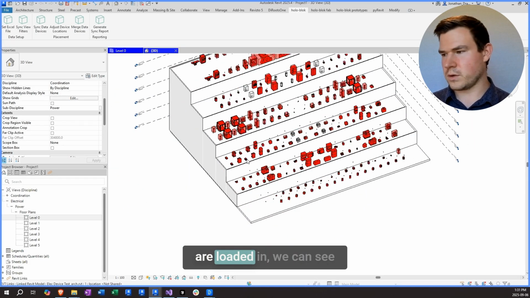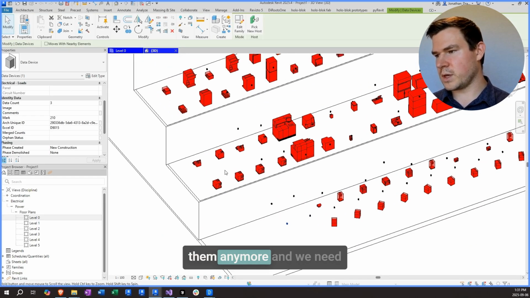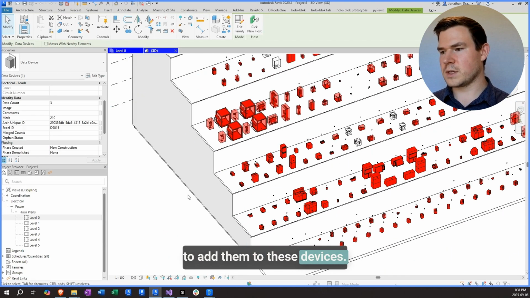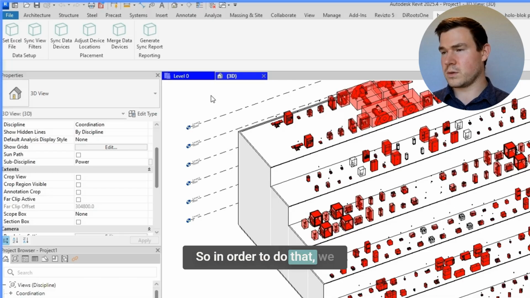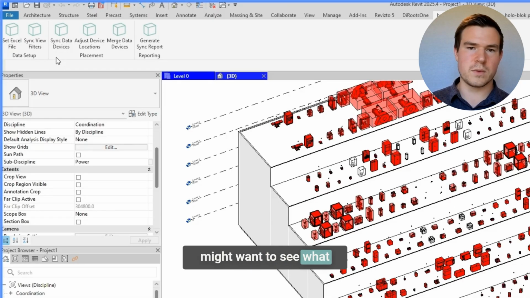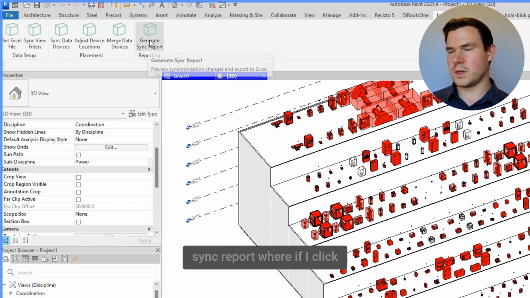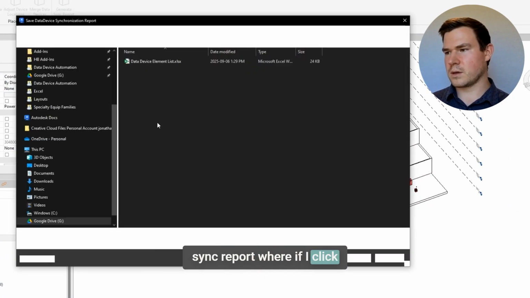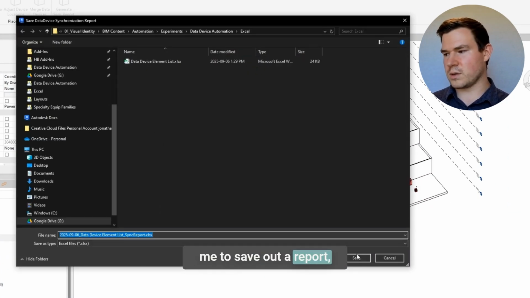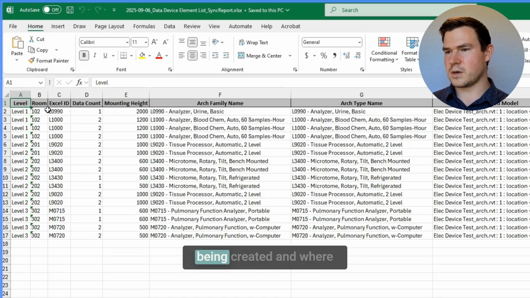When those changes are loaded in, we can see those elements here. We still have data devices here where we don't need them anymore, and we need to add them to these devices. So in order to do that, we can just click on sync. But before doing that, we might want to see what changes are going to occur in the next sync. So we can generate a sync report where if I click that, it's going to prompt me to save out a report. And when we open that, it's going to give us a summary of the new devices that are being created